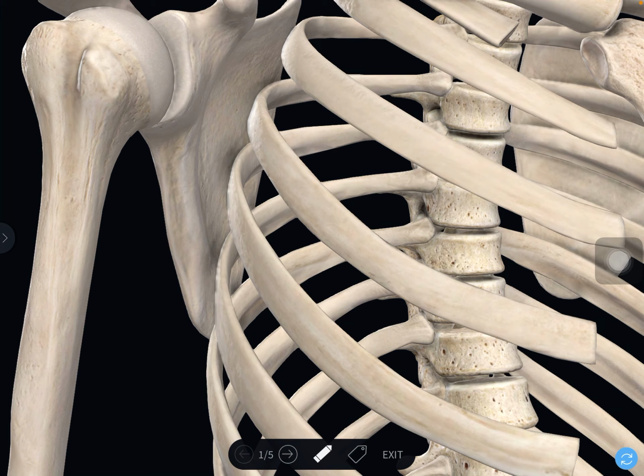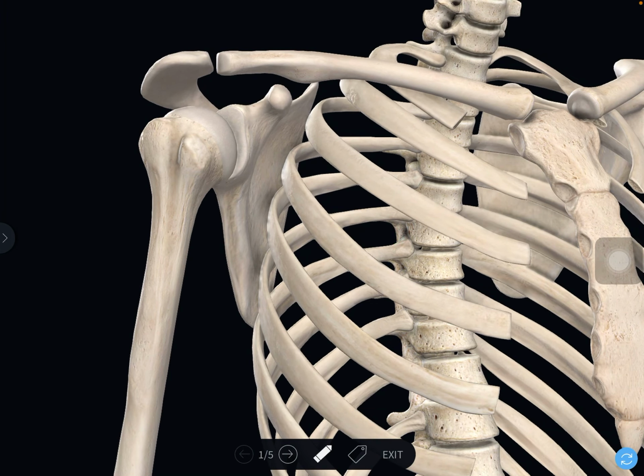Now anterior wall. So the muscles which are in the anterior thoracic wall will form the anterior wall of the axilla. So what are the muscles? One large muscle which takes origin from the sternum and from the clavicle, that is the pectoralis major muscle. Another muscle deep to the pectoralis major which arises from the ribs and is inserted into the coracoid process. That muscle is the pectoralis minor.